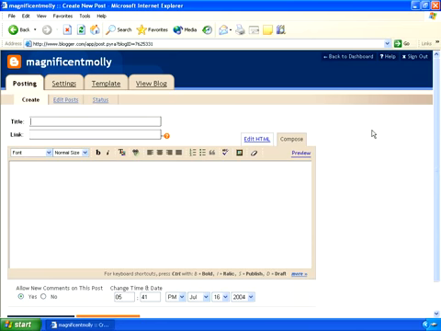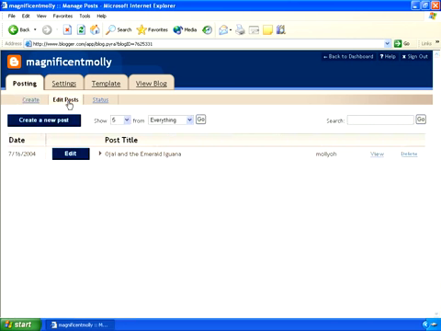Now that we've got a post in our editor and saved to draft, we can go ahead and explore the Edit Posts section. So go ahead and click on Edit Posts, and let's go over some of the features of this section. First of all, you have a big button here that says Create a New Post. This means that if you want to create a new post from this page, you can do so simply by